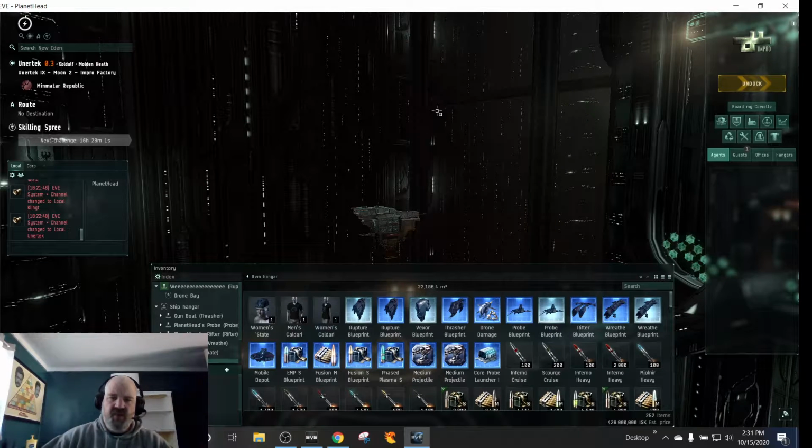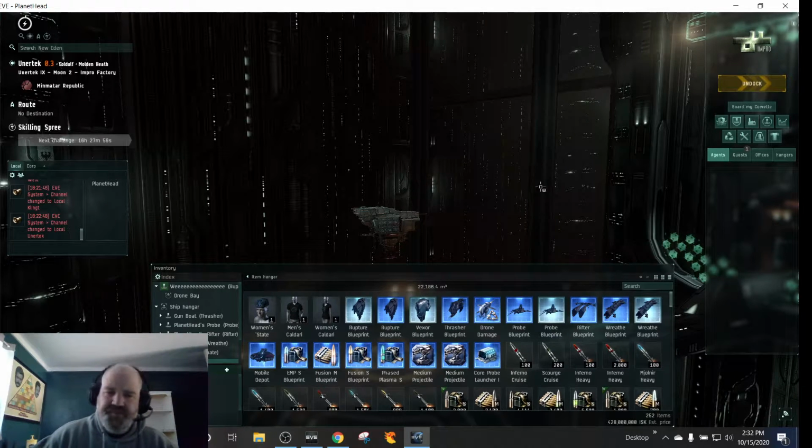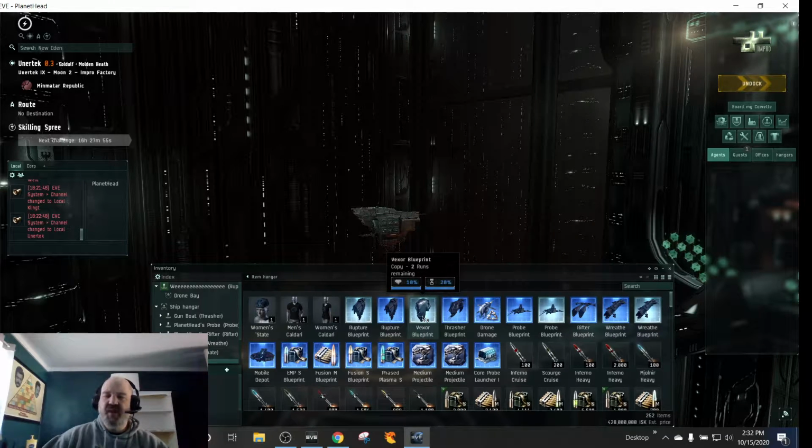I've been flying it for a little while. I like it a lot. When I played a long time ago, I used to fly Vexors. They're basically your first major drone boats that are out there. They're very similar to the Ruptures, but there are some major differences in how you want to use them. So what I thought about today was, now that I've flown the Rupture for a while and that I